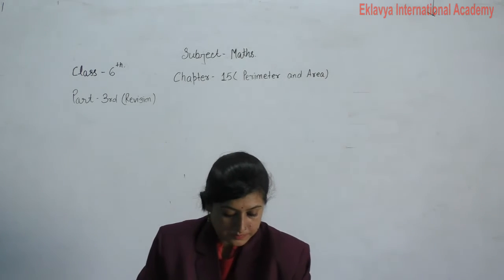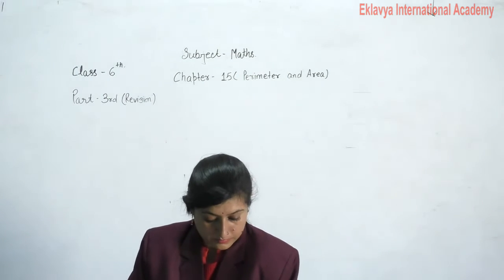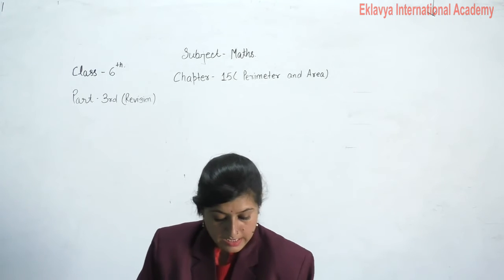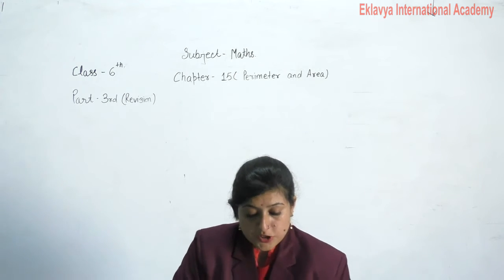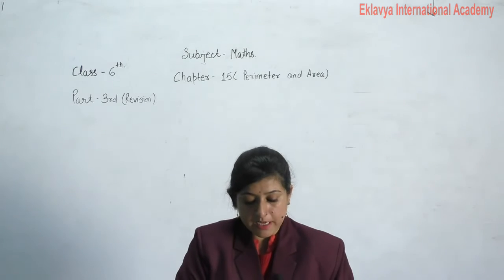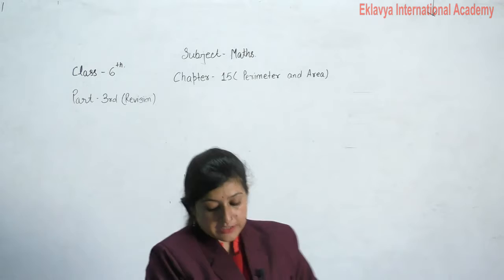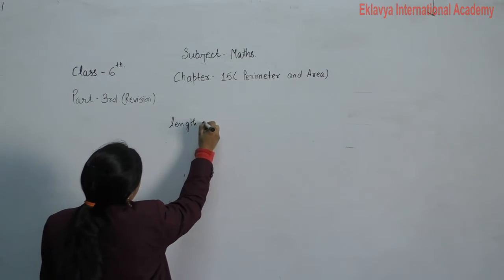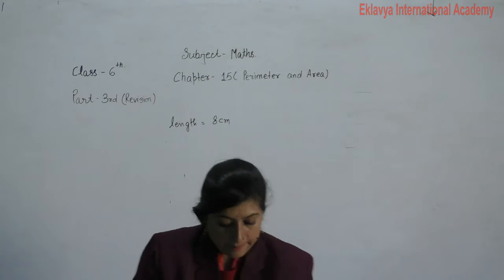See the question. Exercise 15C of your book. The first question is to fill in the blanks for a rectangle: length given, breadth given, perimeter, area. Suppose in one question, length is equal to 8 centimeter, breadth